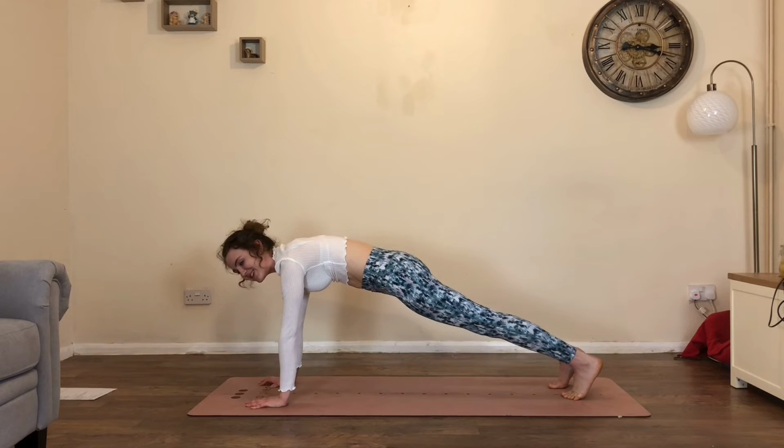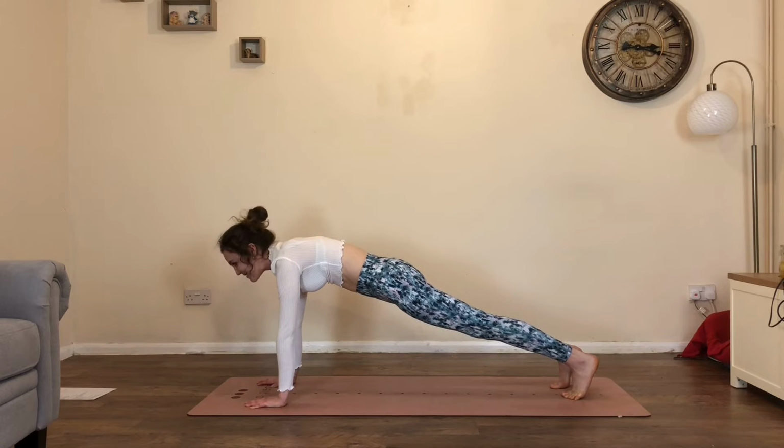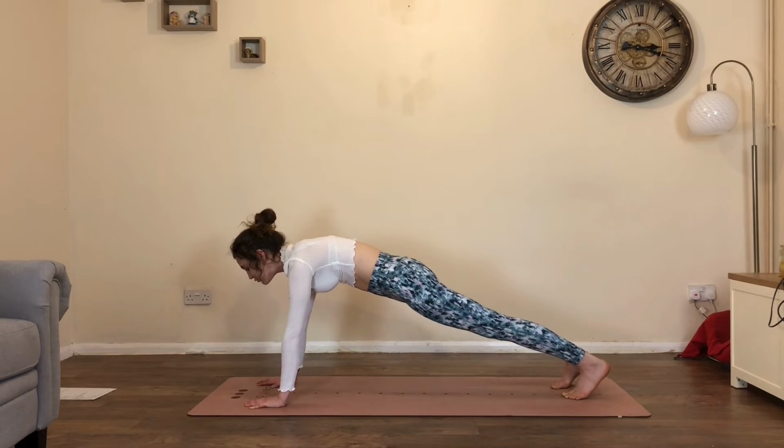Now, in my opinion, there's no better way to warm the body up quite quickly than a plank pose. So begin to press down through the palms. Think about just lengthening the lower back so you're feeling the lower belly draw in as you slightly tuck through the tailbone. Good, now from here, keep pressing through the pads of the fingertips and just begin to rock forwards